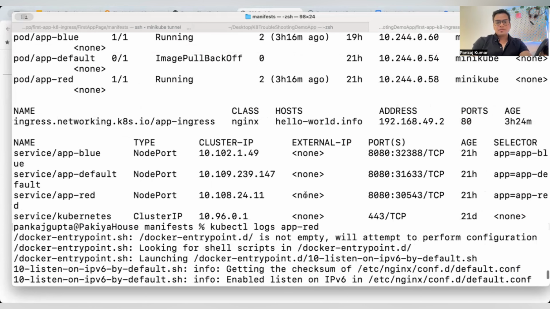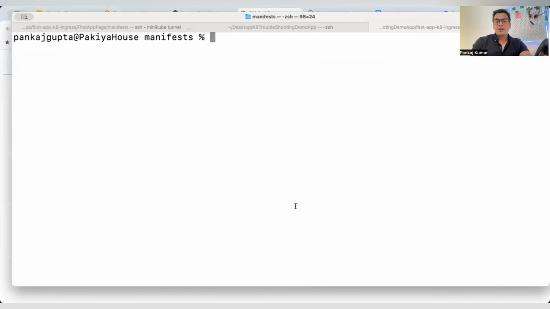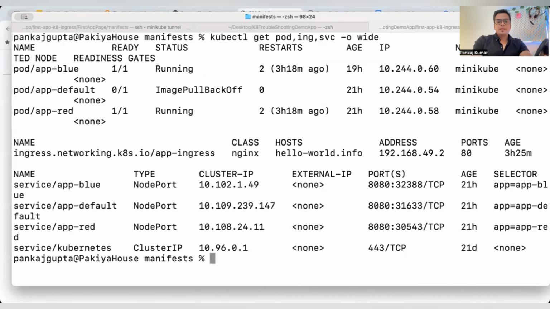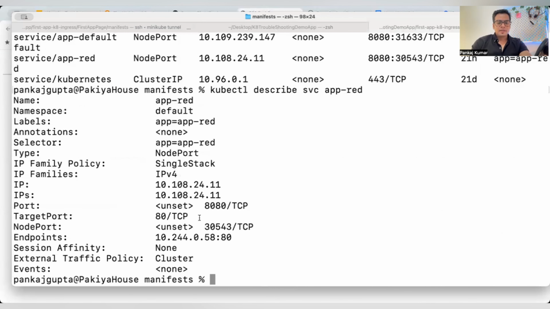No. So we need to troubleshoot it again. What's happening again? Let's describe the service again. Describe service app red. We made it listen on port 80, and node port is not defined. We don't need it actually. Okay, and again describe the